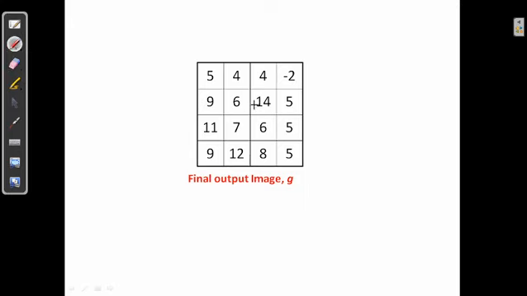So you need to carefully observe that the output depends upon its neighbors in case of spatial filtering. Whereas in case of intensity transformation, you have used only 1 pixel and not considered the neighboring pixels. Clear with this concept, right? Intensity transformation and spatial filtering. Do you have any doubts?